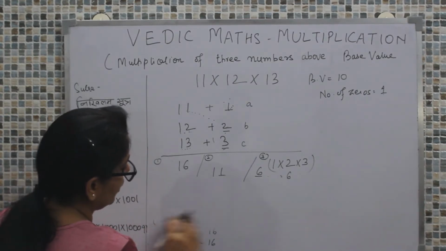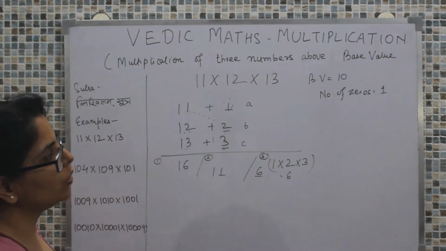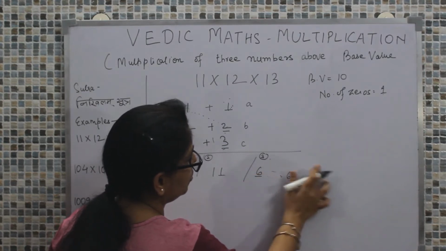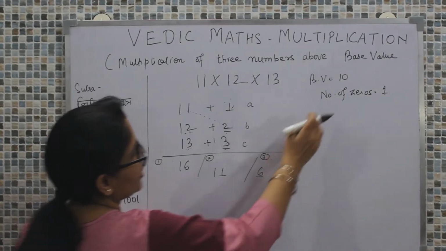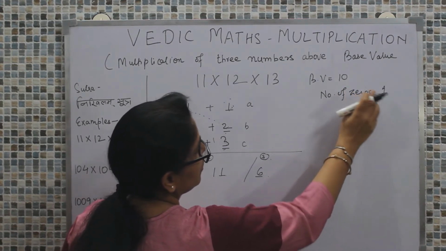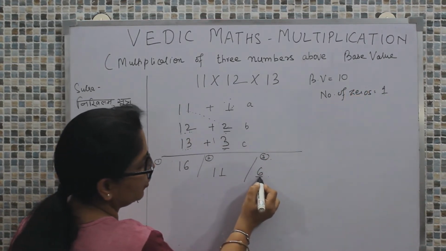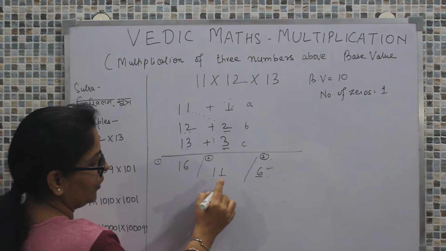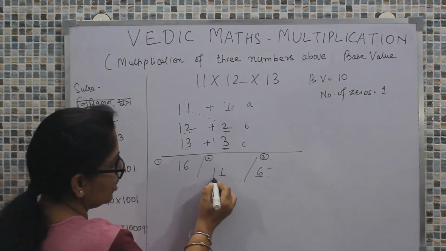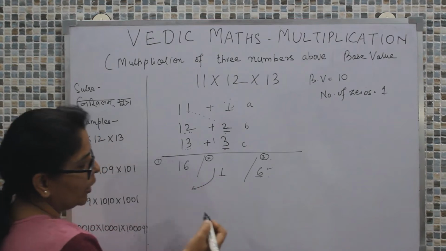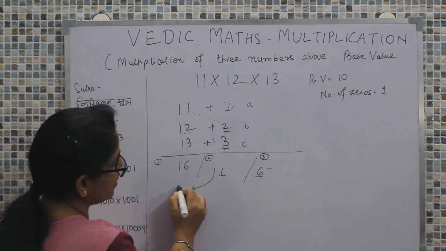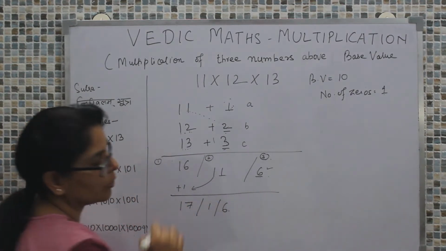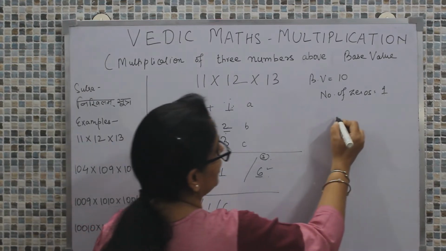Now how the final answer is going to come will be governed by how many places we need to keep at each and every instance. I have removed it because we have understood it. As we have identified, that will depend upon the number of zeros. Number of zeros is 1. So here we need to keep one value or a single digit. So that is 6, that is fine. Here we need to keep one value, but here we are having two values. We need to consider 1 in excess. And when we consider 1 in excess, 1 will be added here and this will become 1716.